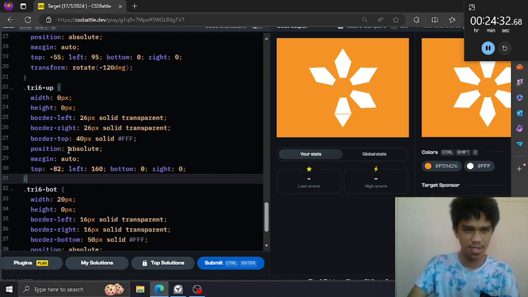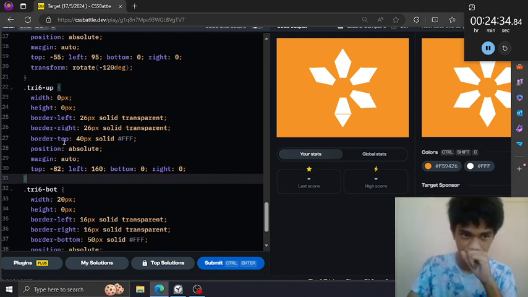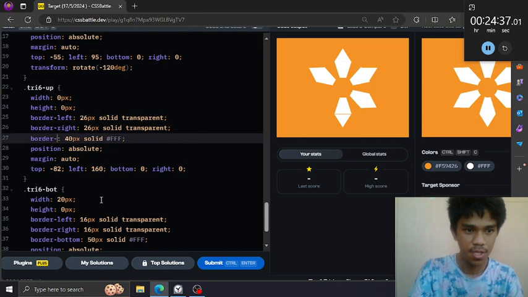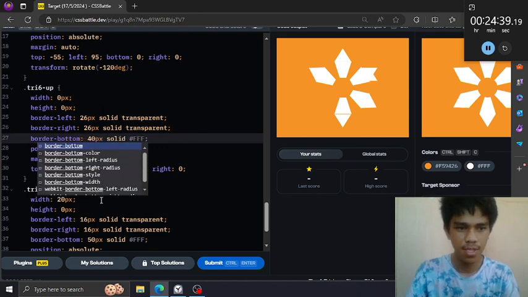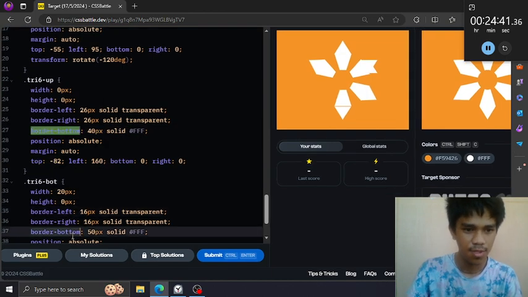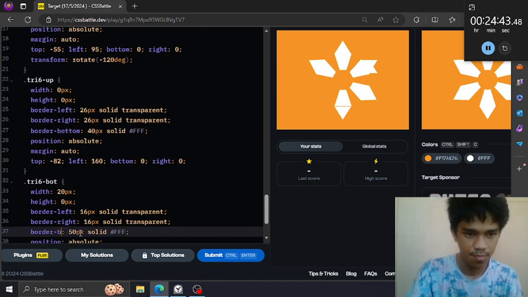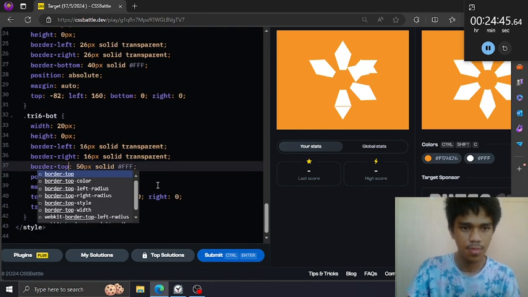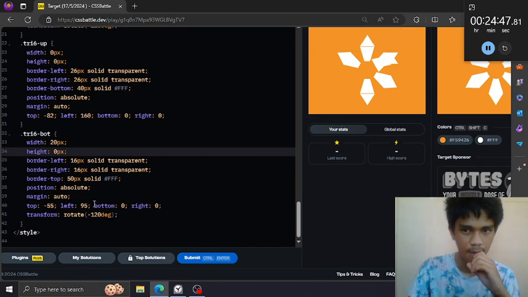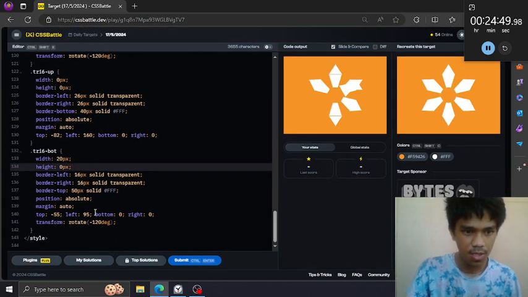Change the base from top to bottom and from bottom to top. Then the position. Where's that?